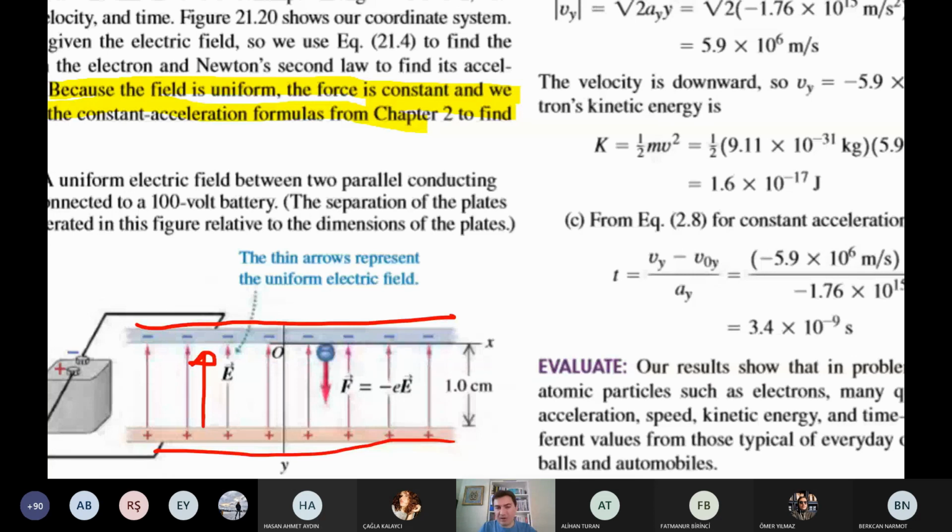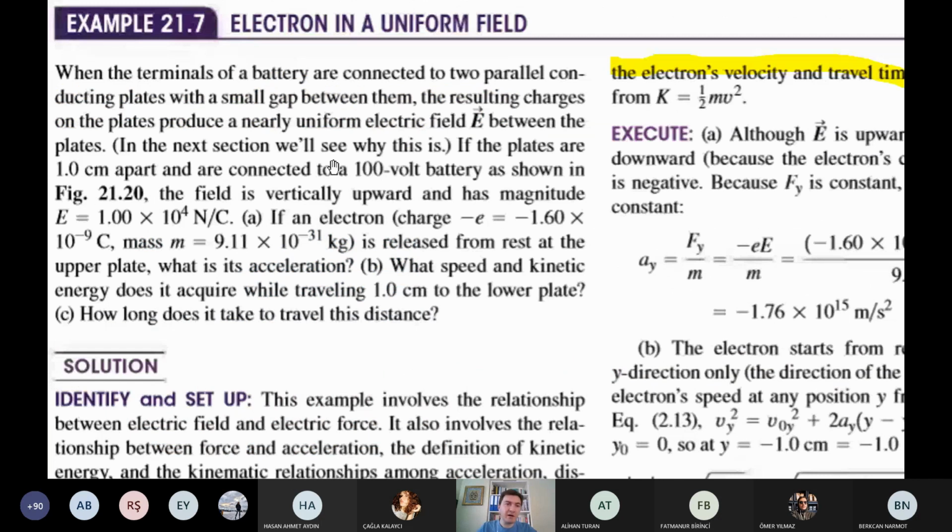Electric force is much bigger. So here we will neglect the gravitational force, okay? So then let's have a look. What is the question? If the plates are 1 centimeter apart and are connected to a 100-volt battery, as shown